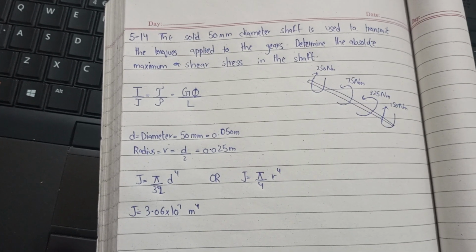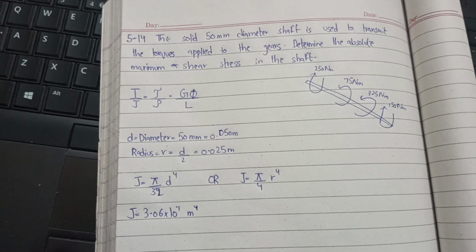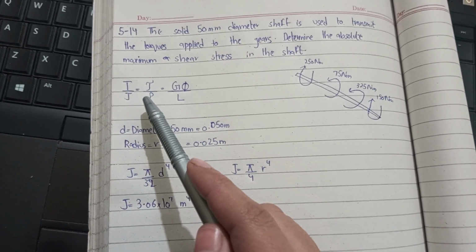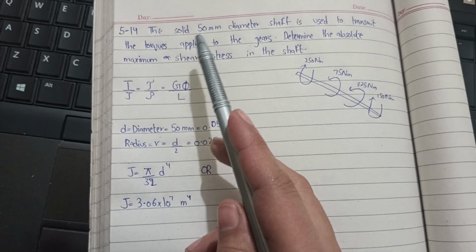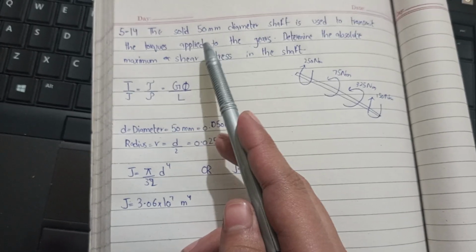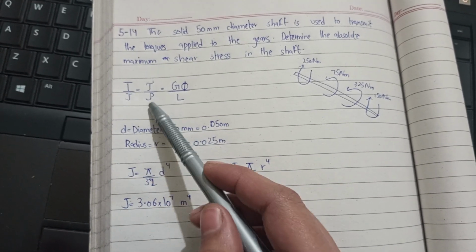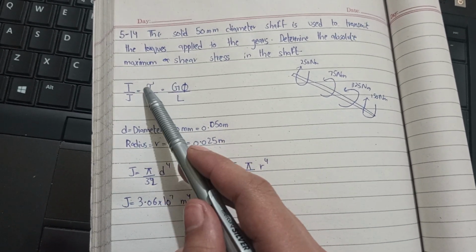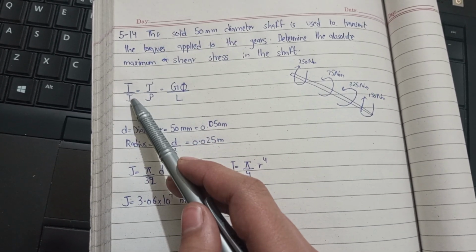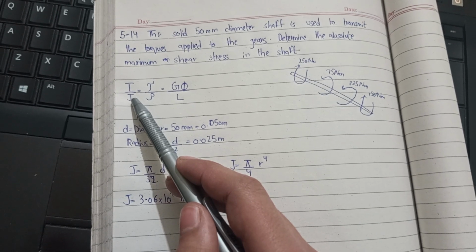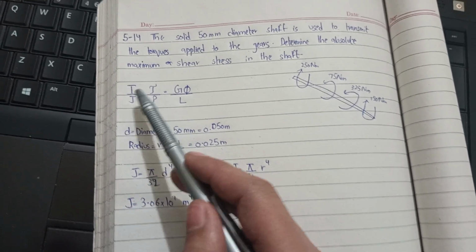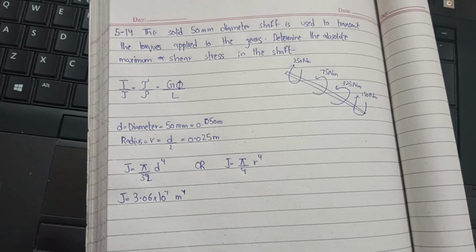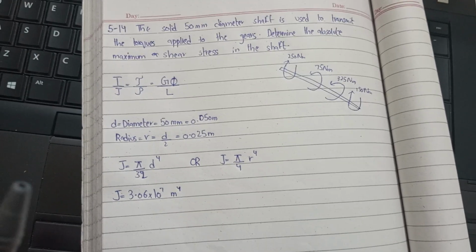In this question, the author gives us the diameter, so we can find J, and when we divide the diameter by 2, we get the radius or radial distance, which is rho. So tau is to be found, J can be found, rho is given. So we find T, which is the internal torque, by the internal torque diagram.